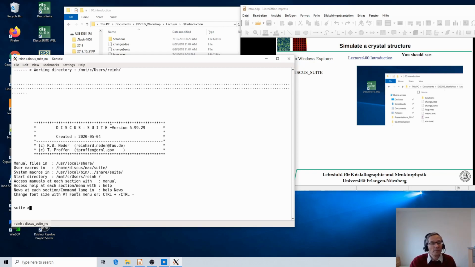In contrast to most other programs, the DISCUS program does not have a graphical user interface. The reason behind that is the program was written and is still maintained to be able to simulate disordered crystal structures with lots of defects, and these disordered structures just don't come in a very straightforward, repeatable manner, and thus you need very much flexibility to build these structures. Any kind of disordered nanoparticle or crystal structure will be different, and so you will need a different approach. To keep this flexibility, it is much easier with this command-language-like interface to the